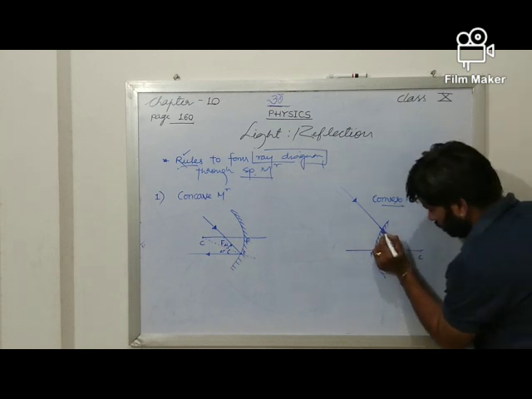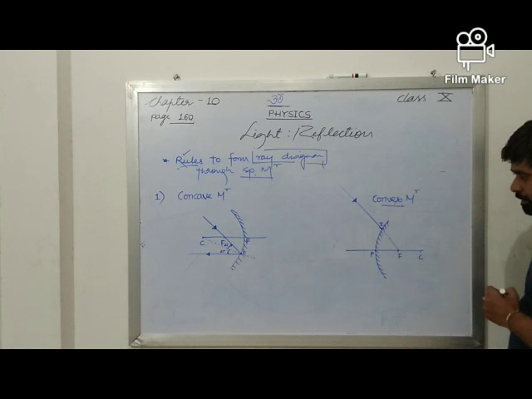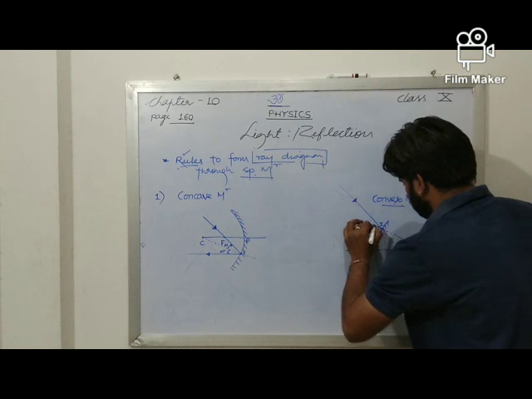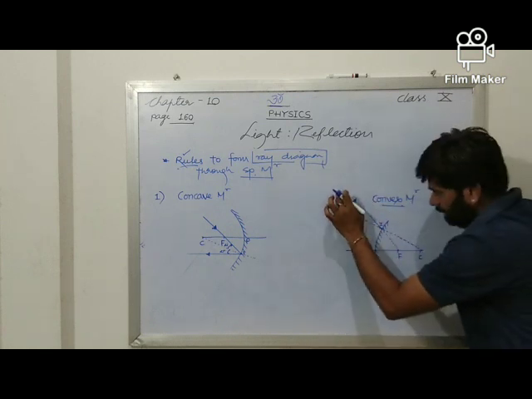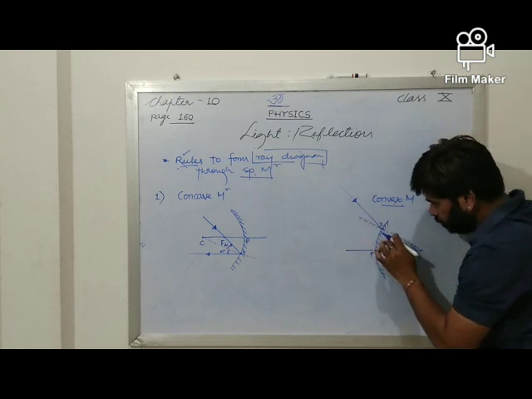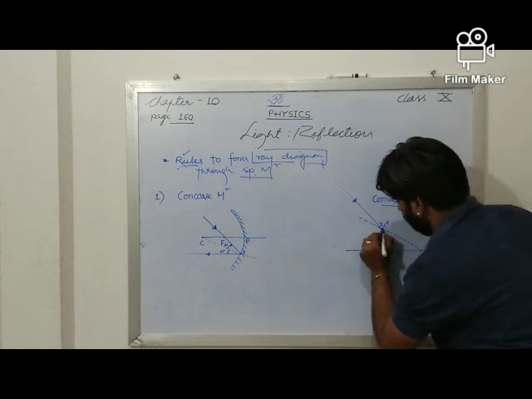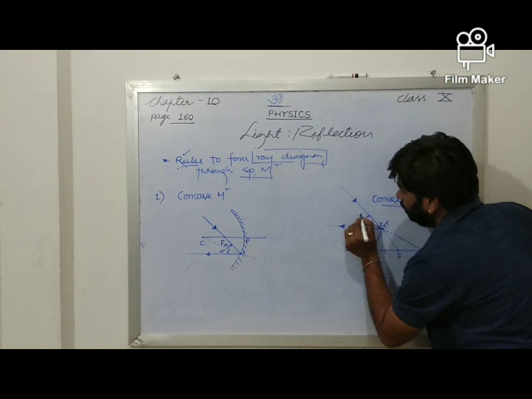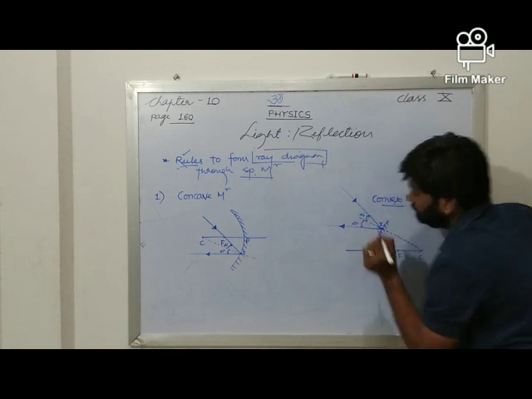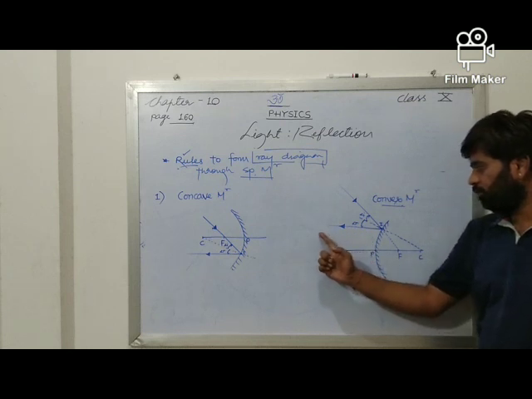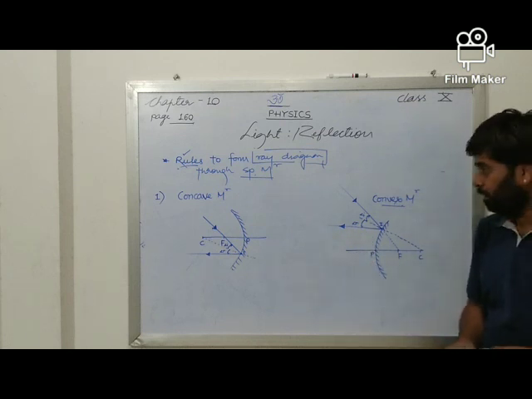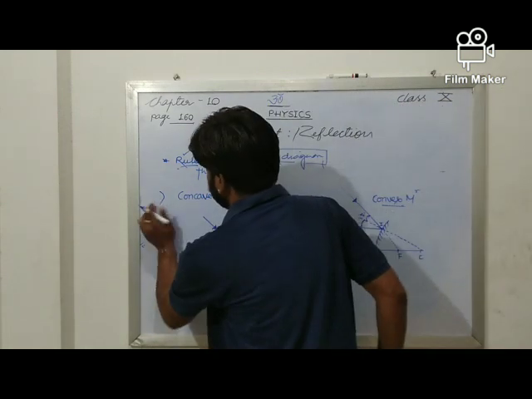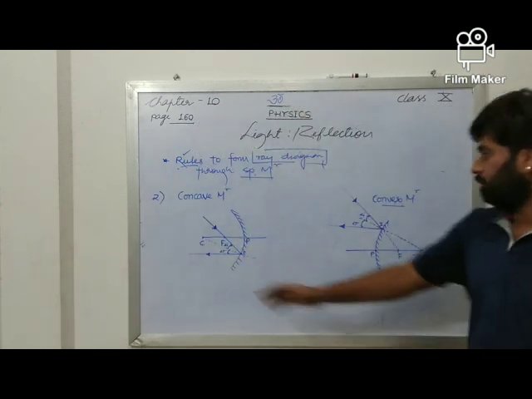Now see, to move towards focus means we are having a point of incidence, so we have to put a normal there. That normal will be from the center. So a light ray which appears to move towards the focus, just after reflection will move parallel to the principal axis. That will be the angle of incidence. This will be the angle of reflection. Got it? Very simple. This is the second one. Concave mirror, rule number 2. Convex mirror, rule number 2.